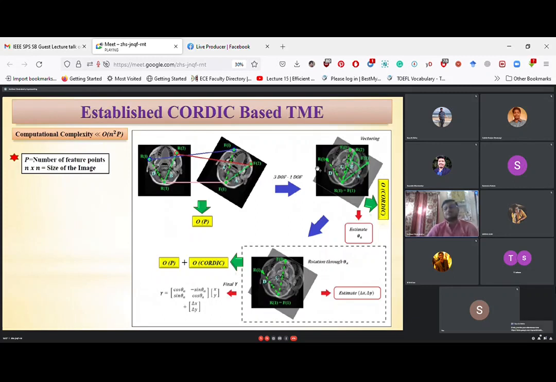And for this rotation, you know, Cortex is a very hardware efficient algorithm for vector rotation. This whole image we have considered by using some vectors. How do we get the vectors? By joining a datum node or ground node with the features. By using the datum node and ground node, we get the vectors and the corresponding vectors in the reference image.